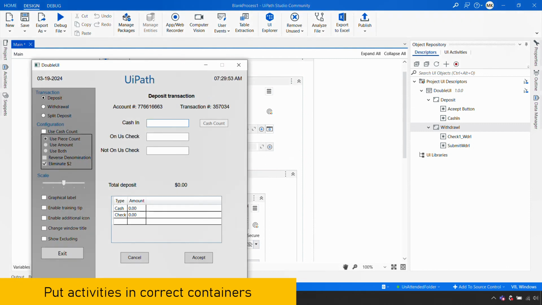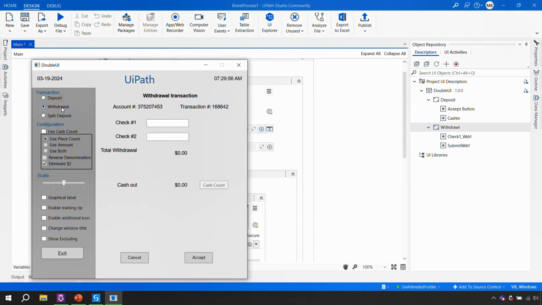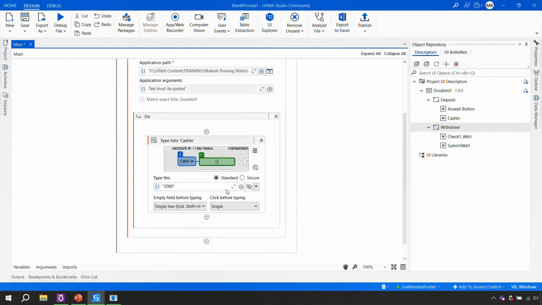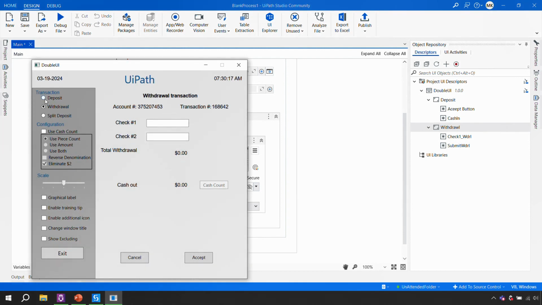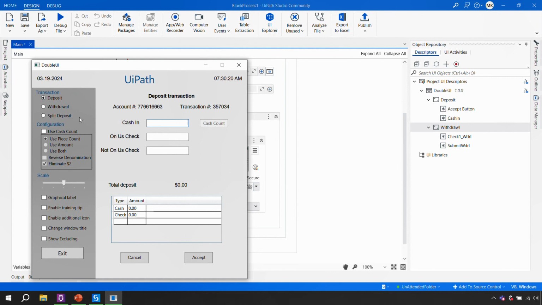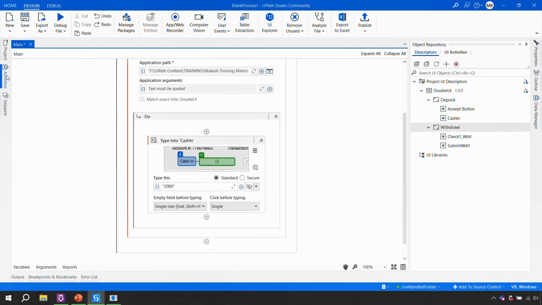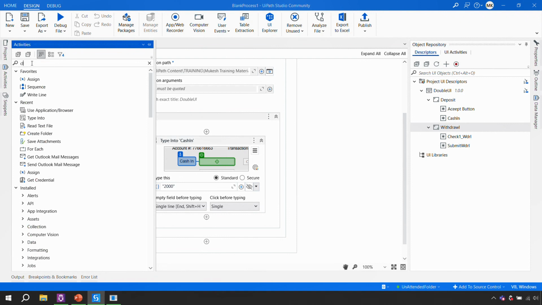So rather what you would like to do is first click on this deposit button and then drag and drop these activities here. Now clicking on this, we haven't added it to the repository, so you can do it by directly adding the activity here, or when you are creating the repository, you can also create that button for switching it. So I am in the cache in, so now you have to think as a developer. You are in this deposit screen, you type the cache in here, and now you want to go to the withdrawal screen. But if I take the withdrawal screen, it is again going to attach. So rather I would like to take a click activity,